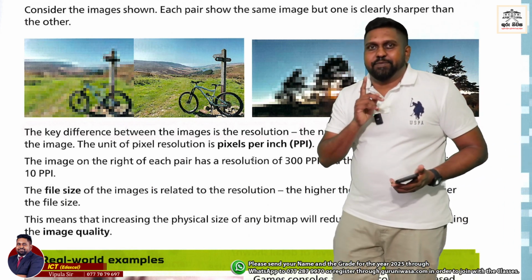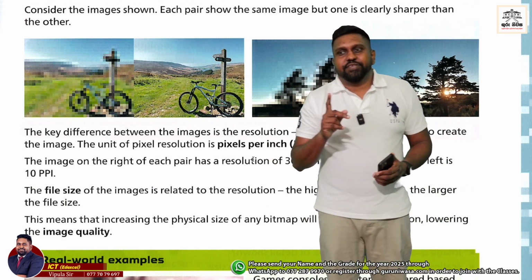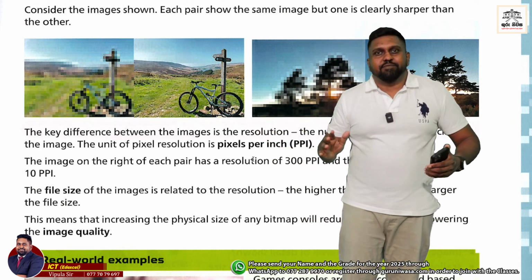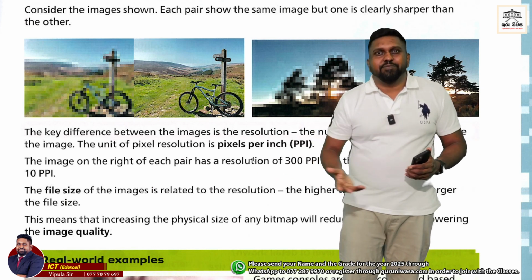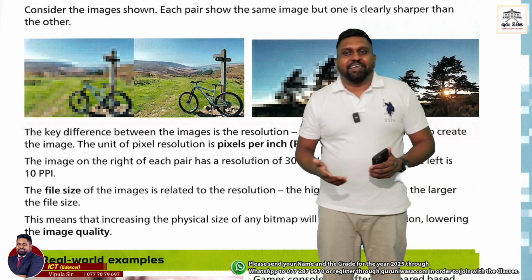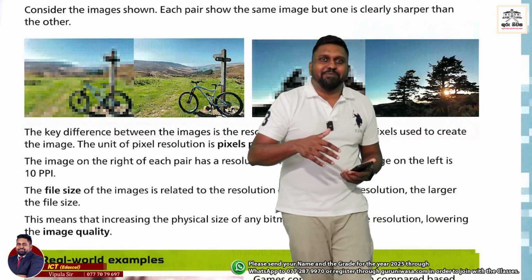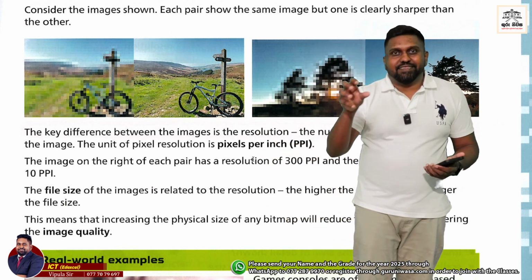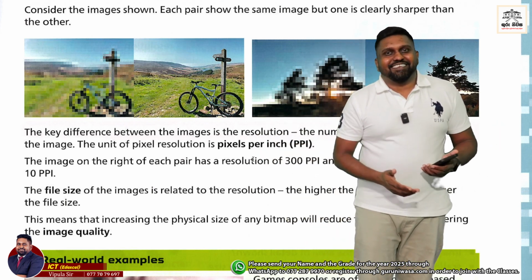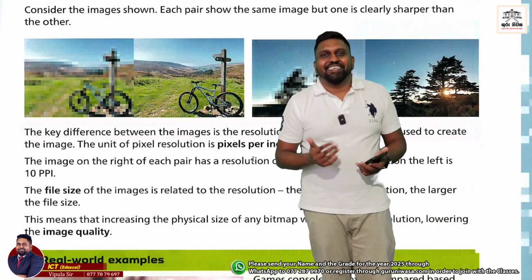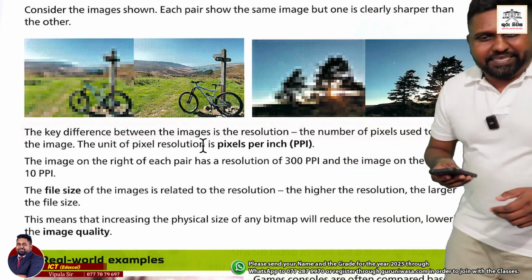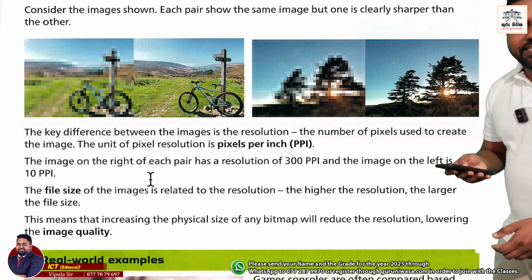Just think one pixel is 1. So if you have 100,000 pixels, the number would be 100,000, right? If you have 20 pixels, then the number would be 20. But the details in the image will drastically change because of the number of pixels in the image, right? So PPI, pixels per inch, is one of the